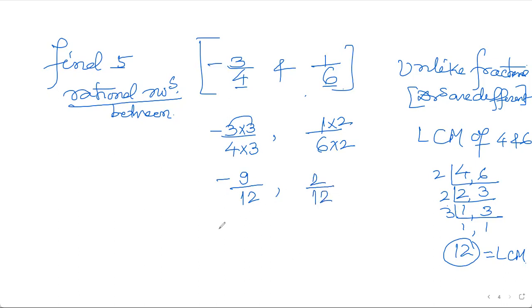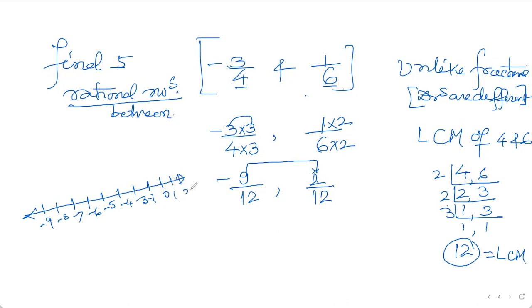And now you look for how many numbers you are getting between minus 9 and 2 on the number line. See the number line here. If this is minus 9, as you go towards the right, the value is increasing: minus 8, minus 7, the value is increasing again, minus 6, minus 5, minus 4, minus 3, minus 1, 0. If you go to the right, the value is always increasing: 0, 1, 2, and we stop here because this is 2 by 12. So this is the boundary. Between these two boundaries,